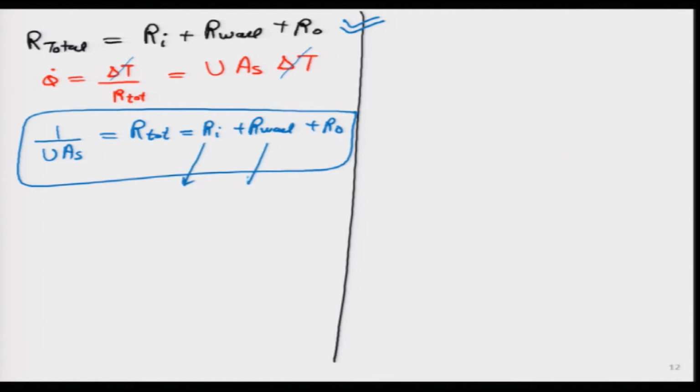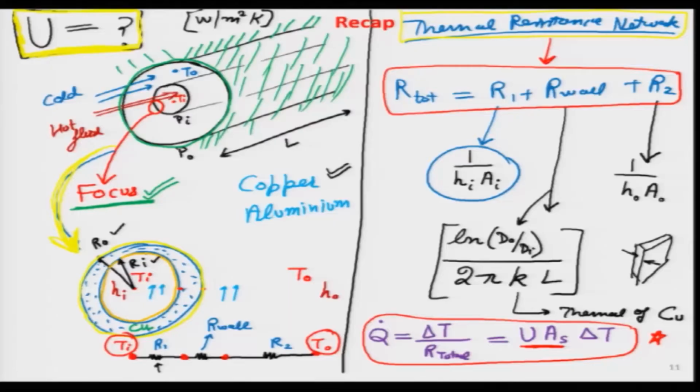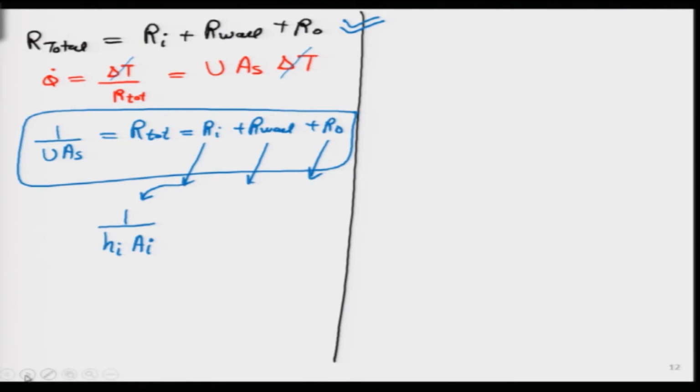Now, let me write these three terms over here. What was the first term? First term was 1 upon H I A I, that is this thing. And how did I write it? We can go back, last time we have written like that. You remember this one? This is the resistance due to convective heat transfer. Students may recall that during the conduction part, where we looked at the thermal resistance network, these are the type of terms which we had become very familiar with. So, if you have forgotten that, please revise it again.